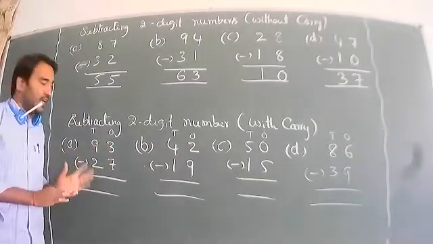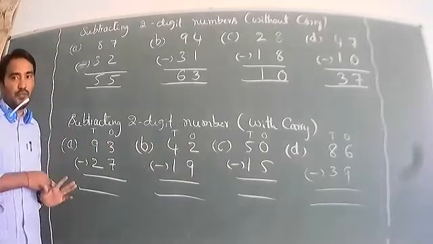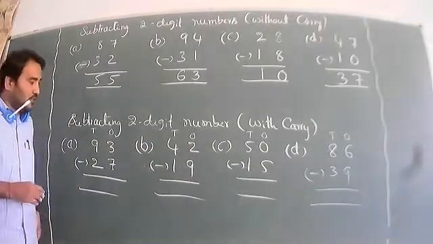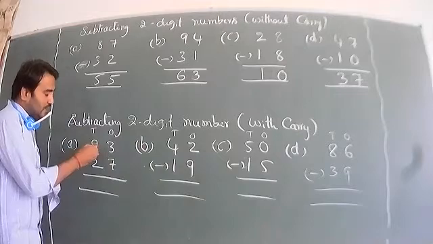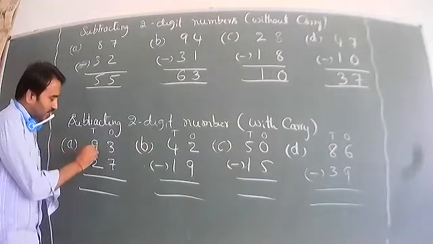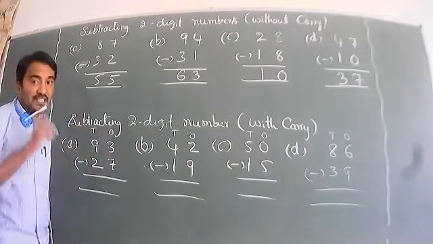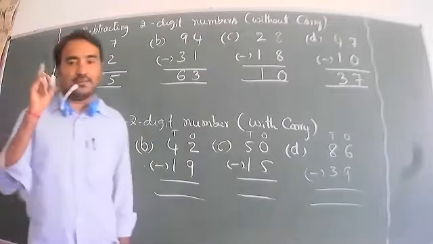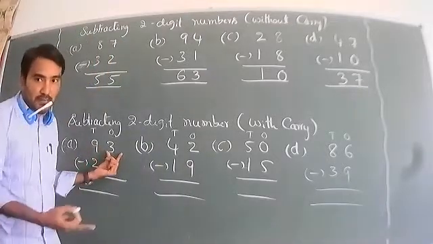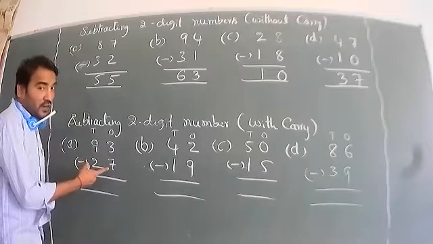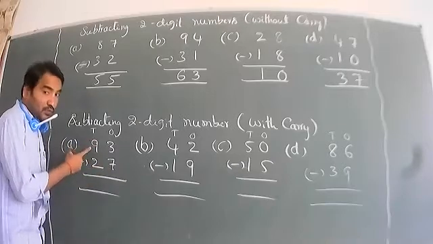we take the carry from the other side. Look at that. 3 is not less than 7. So in the tens place there is a number, 9 is there. We take the carry to the ones place. Carry means 10. Then the remaining other number is there, and we add that number. So 3 is not less than 7. Take the carry from the tens place.